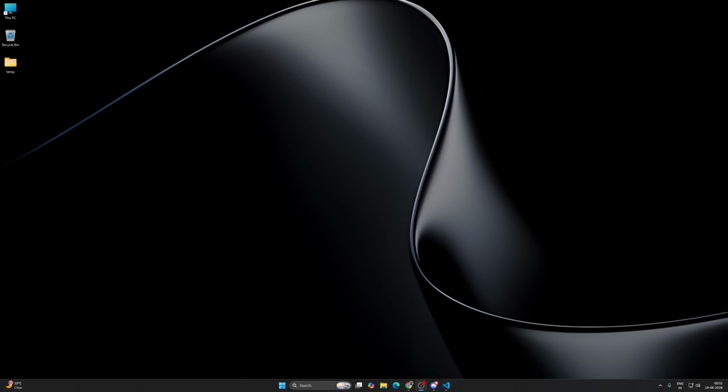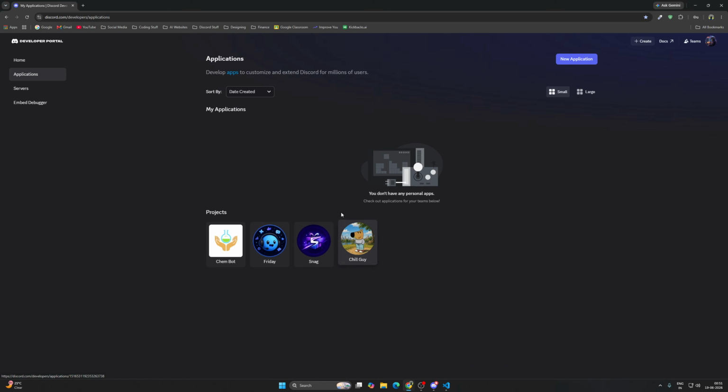First of all, we are going to start with the basics today: how to create a Discord bot in the developers portal, then how to make it live, like how to make it online, and how to make it respond to your messages. So first of all, open up a Chrome browser or any browser you want,